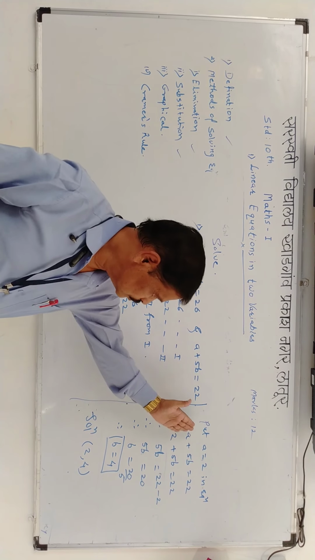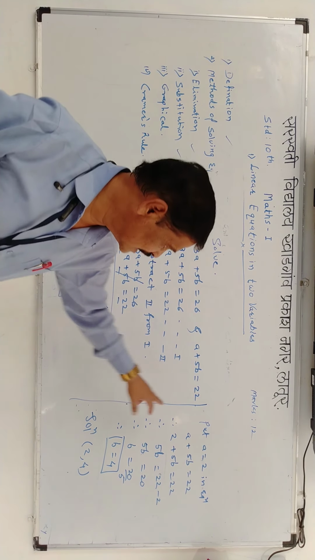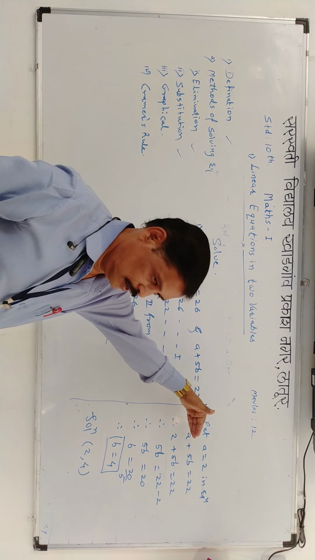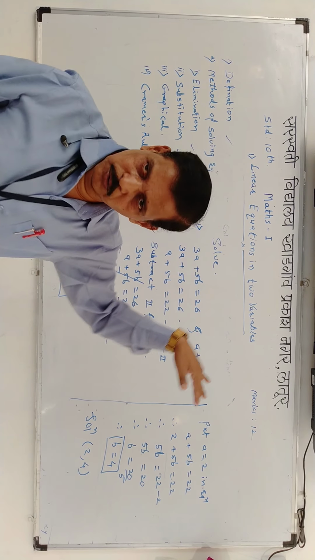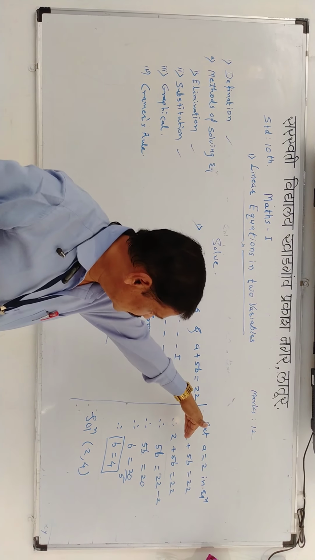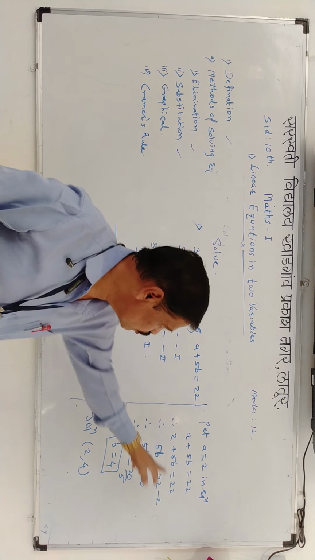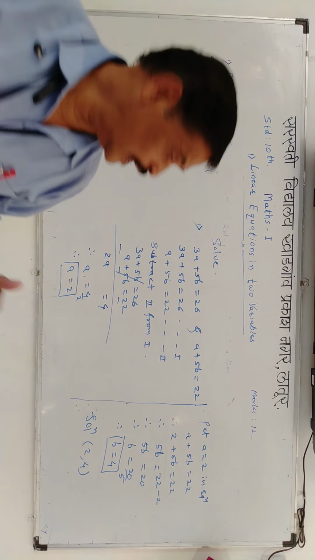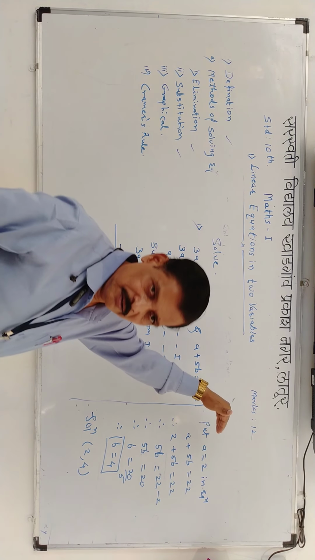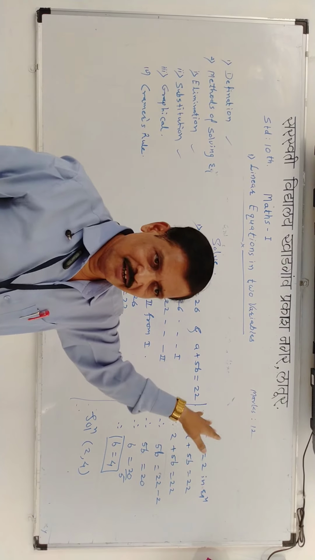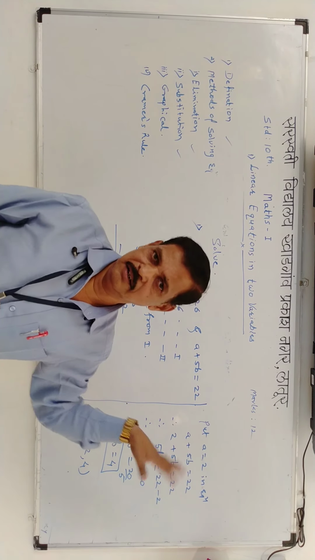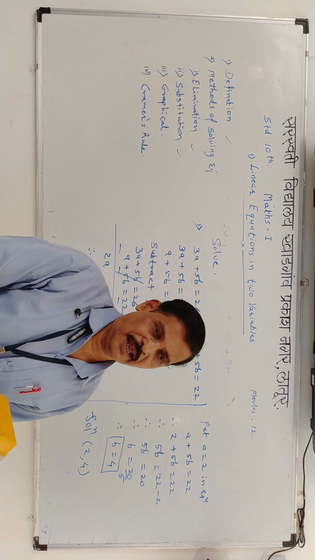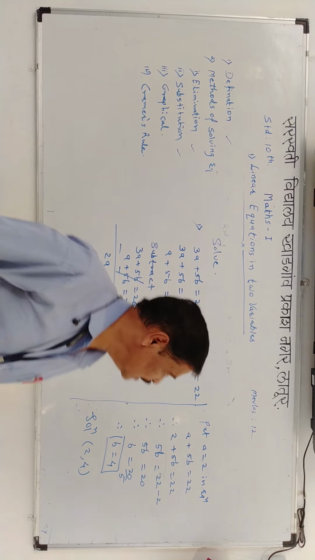Whenever solving an equation in one variable, you must give the therefore sign, because the upper step is not equal to the lower step. When this happens, these two are equal in the next step, so it is called therefore. Upper step is that, therefore lower step is that. Therefore, we have to put the therefore sign every time whenever solving a one variable equation.